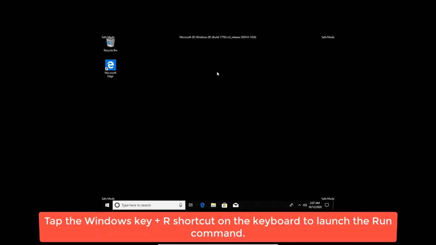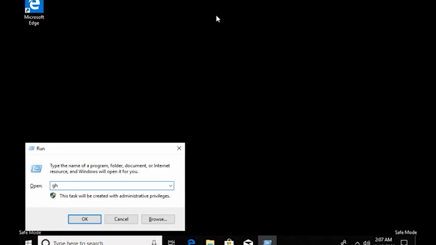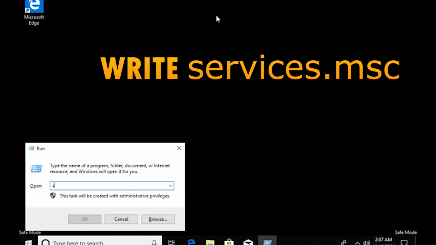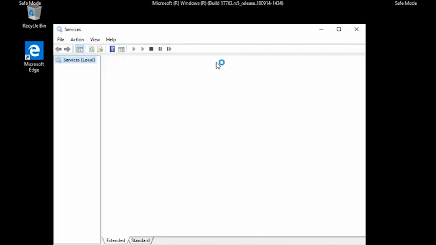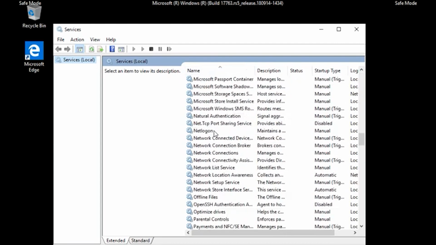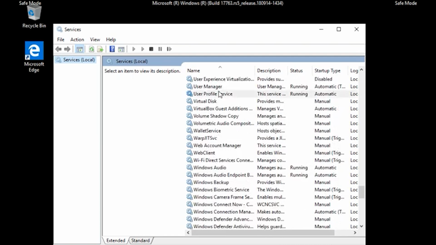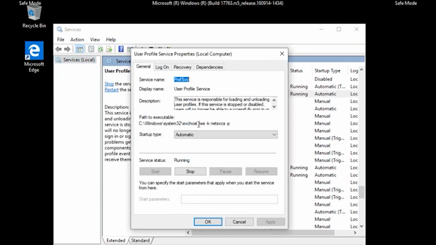Tap the Windows key plus R shortcut to launch the Run command. Type or paste services.msc into the box and tap OK. Locate User Profile Service and double-click on it to reveal its properties. Under the Startup Type section, ensure it is set to Automatic. Tap OK. Now restart your computer to see